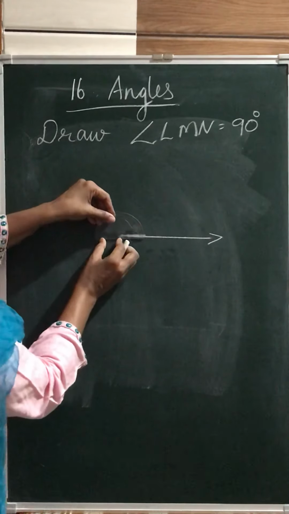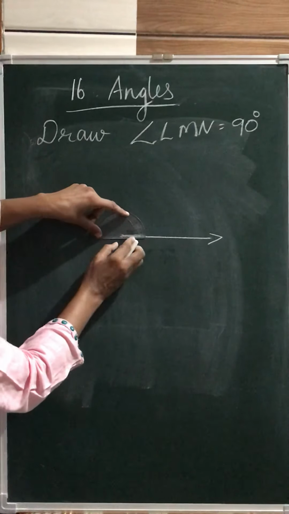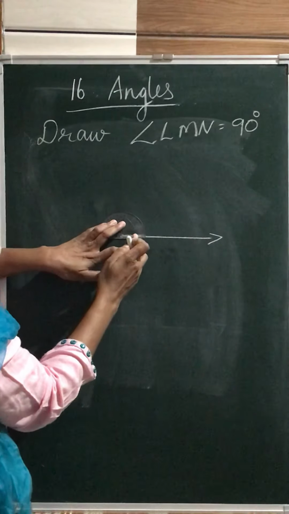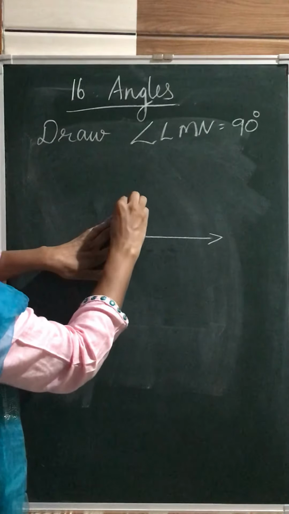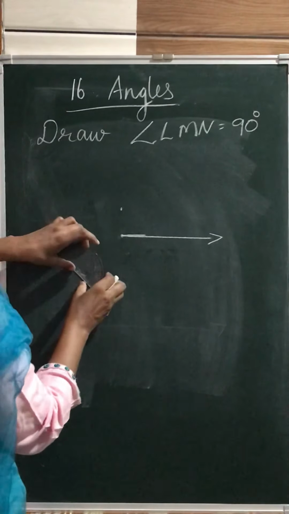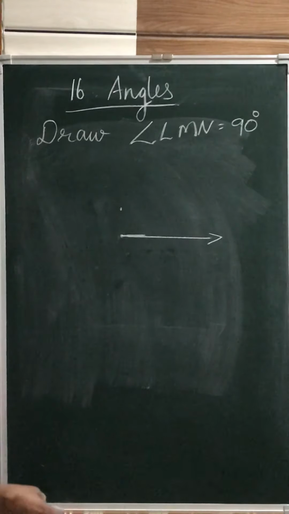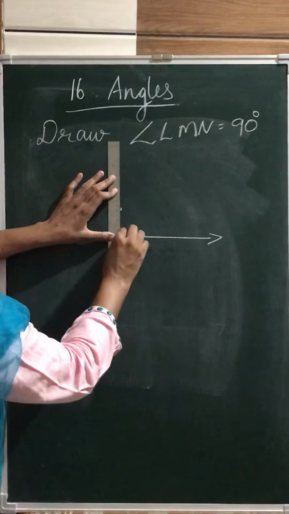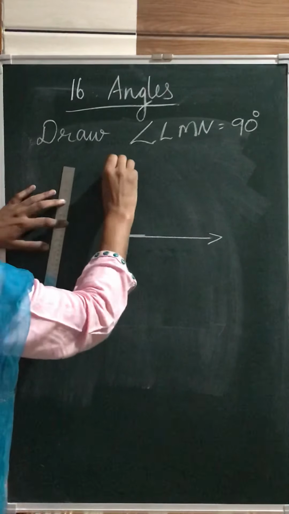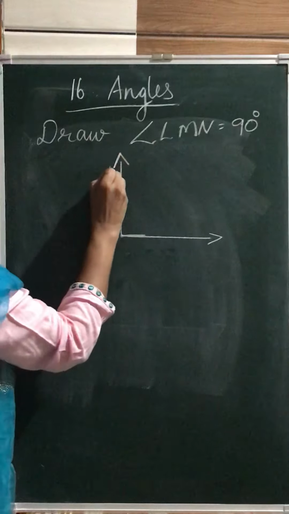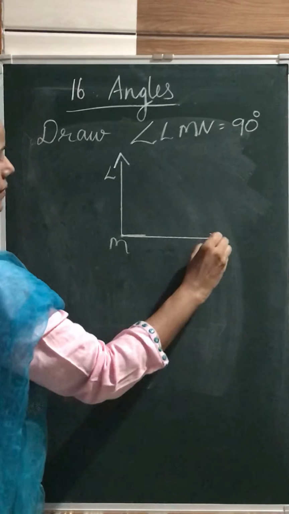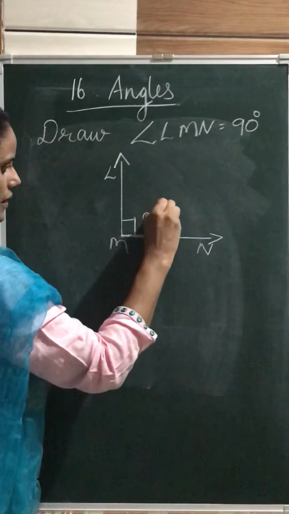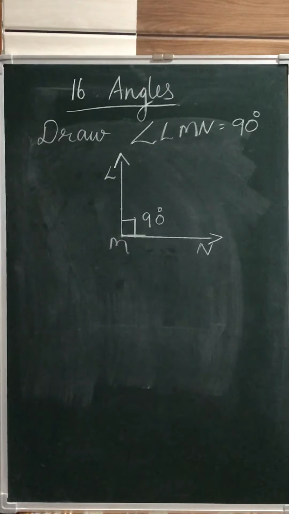Now fix this dot at the center point and the arm on the baseline. We need 90 degrees. Where is the 90 degree? 0 here, 90 degrees here. Put a dot on 90 degrees like this. Then using the scale, we can draw one line like this and give the name L, M, N, 90 degrees. For 90 we can draw like this, for this measure. One more example.